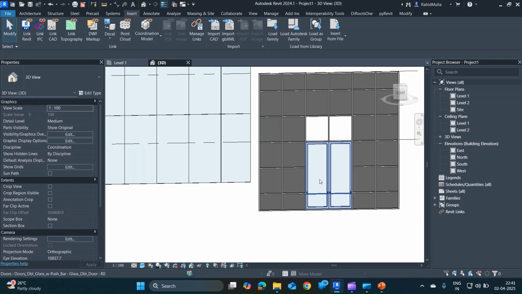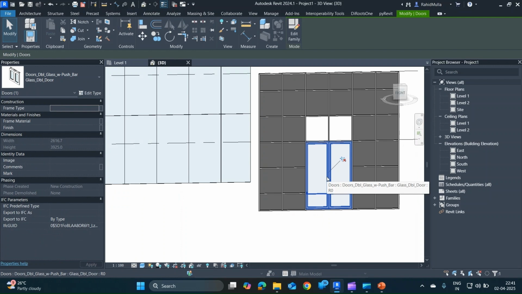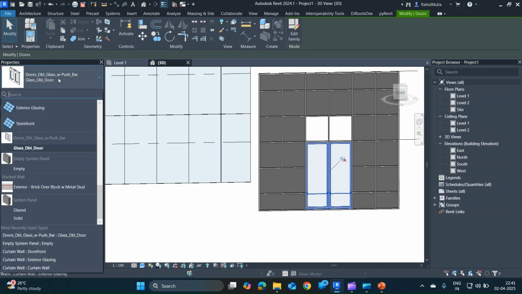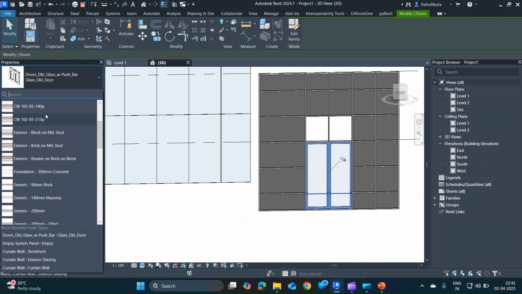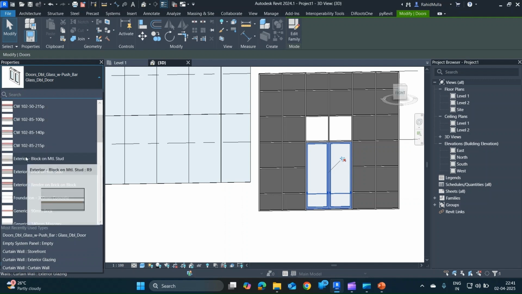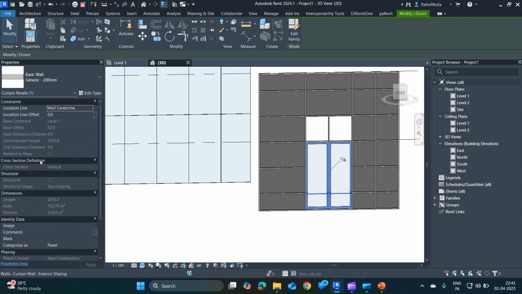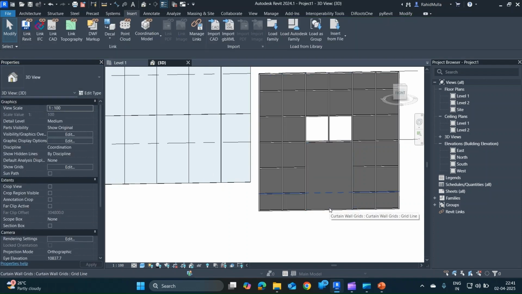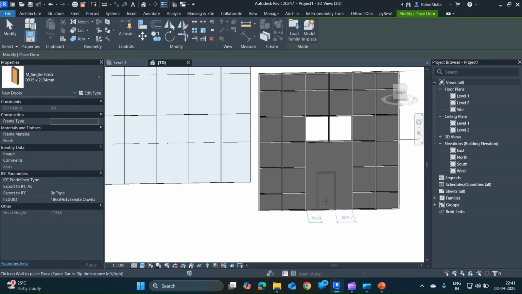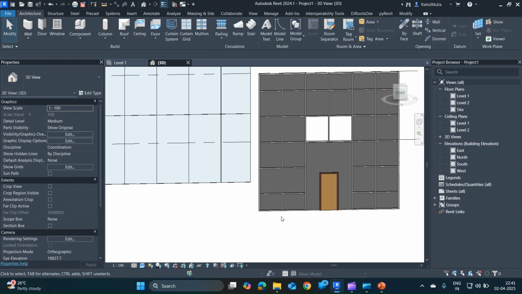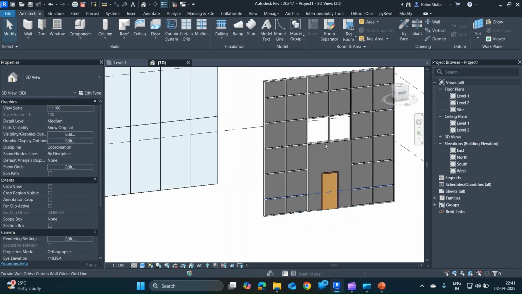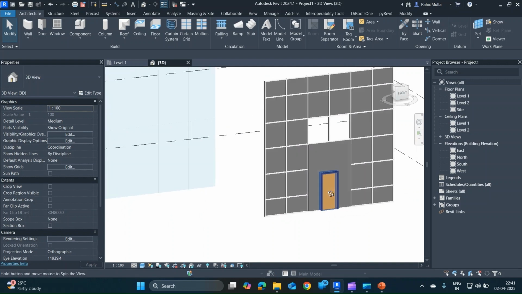And what if you don't want this door to be here? You can also decide that in place of this there can be another door, but to install another door, first you have to make sure that this is a brick wall. Okay, as of now this is a brick wall, and now I can install any ordinary door here based on my requirements. So in between the curtain panel there is a brick wall, and onto this there is a door which has come in. So this is how you can play around